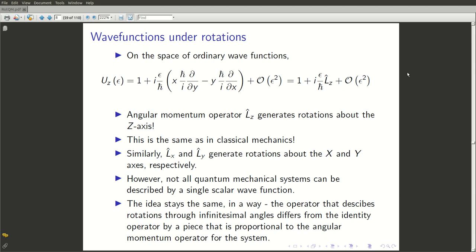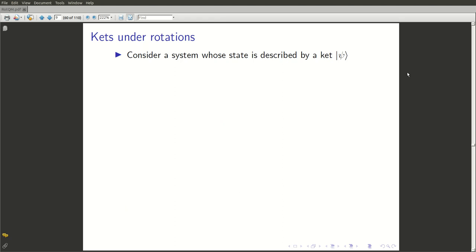So the general theory of what happens to a quantum mechanical system under a rotation of coordinates can be described as follows. Let us start by considering a system whose state is described by a ket, an abstract vector in some vector space, ket psi. Of course, this ket psi could be an ordinary function of coordinates, like for ordinary one-dimensional or